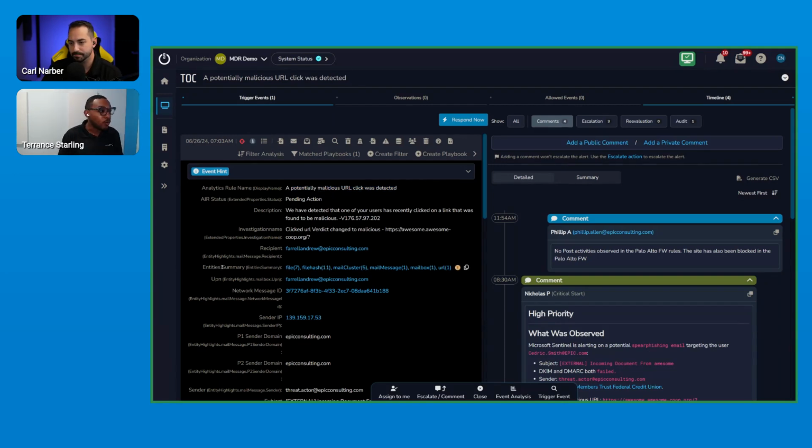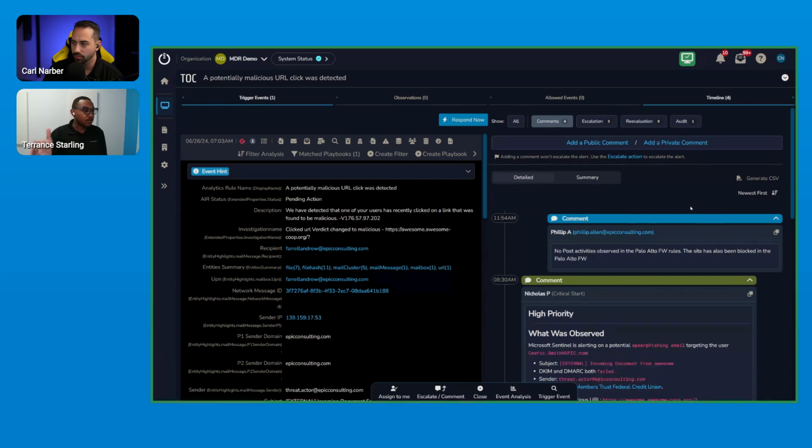The what here will be the entities. So the URL, the sender, the IP associated with said email. Those are all the things I want to start my investigation honing in on. I'm going to do OSINT on that URL, OSINT on that IP, probably even OSINT on that email to see if we've seen it anywhere in the environment prior to this. We're going to be running KQL queries if it's a Microsoft related tool, right? To see if we've seen anything else, whether it's from that subject, that user, that IP, etc.